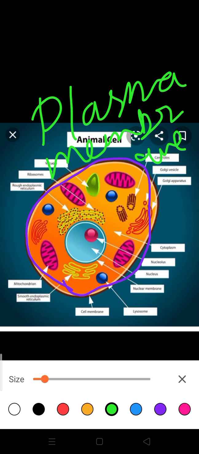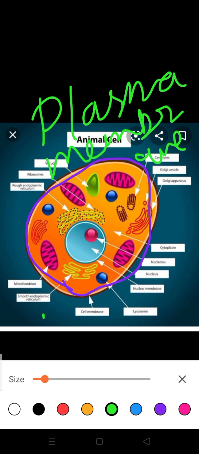Okay, so in an animal cell, the plasma membrane is a quasi-fluid elastic cell membrane, and it controls the movement of molecules in and out of the cell. Clear? Because of this only the desired substances can enter inside the cell, while undesirable substances remain outside of the cell. This plasma membrane is basically composed of proteins and lipids. So this is the outermost covering of the animal cell.